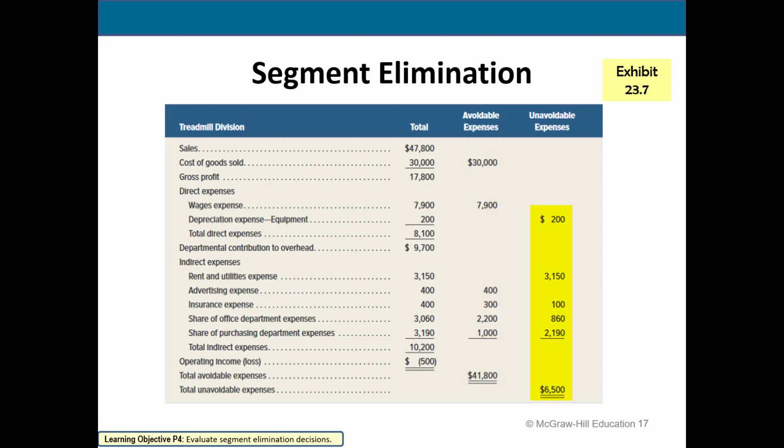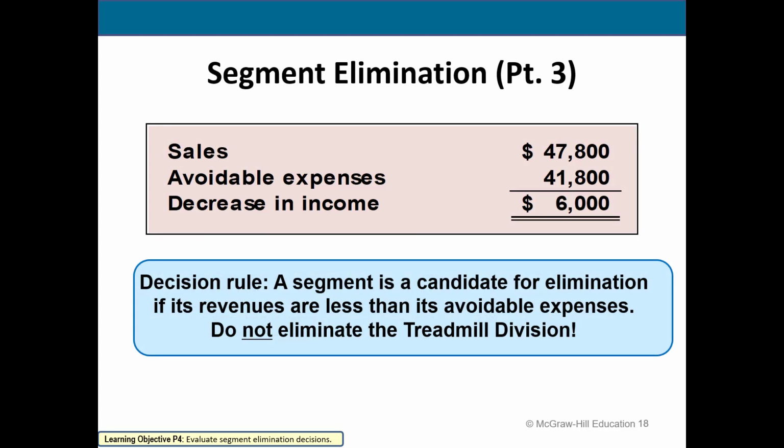So $6,500 of the expenses are unavoidable, meaning they will be incurred even if they eliminate the treadmill division. So those costs are irrelevant to this decision. So we're going to focus on the avoidable expenses and revenue. Because the division sales are